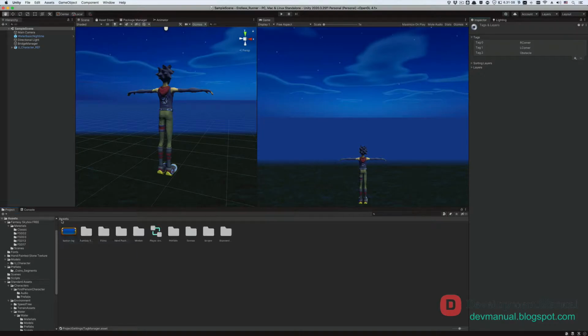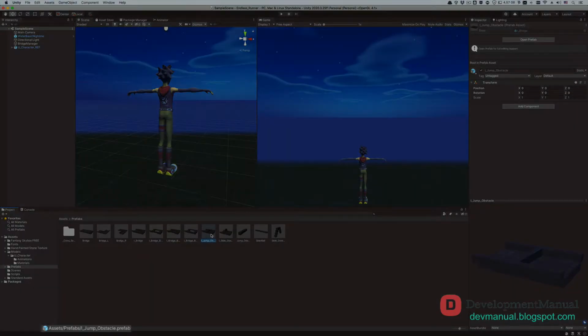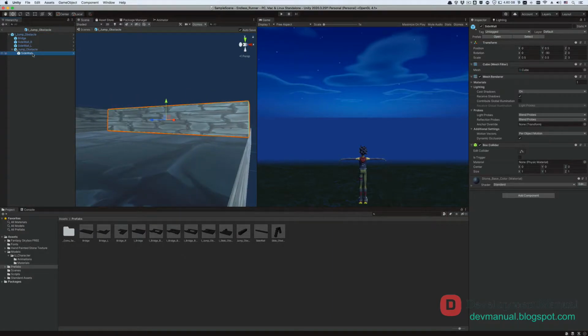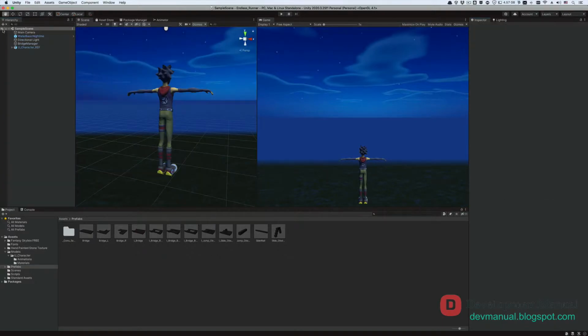Now let's go to the prefabs folder and start assigning tags to specific game objects. Locate the I_jump_obstacle prefab, double click it so that we can edit it. Click on the right arrow to expand its children game objects. And let's expand its jump_obstacle game object and select its children game object called sidewall. Let's adjust the view so that we can see it better in the scene window. Here it is being highlighted in the scene. Tag it as obstacle,